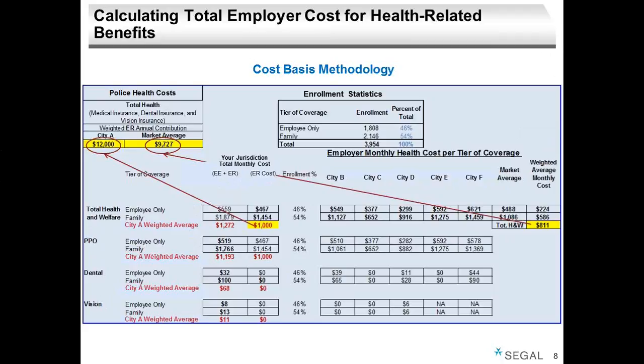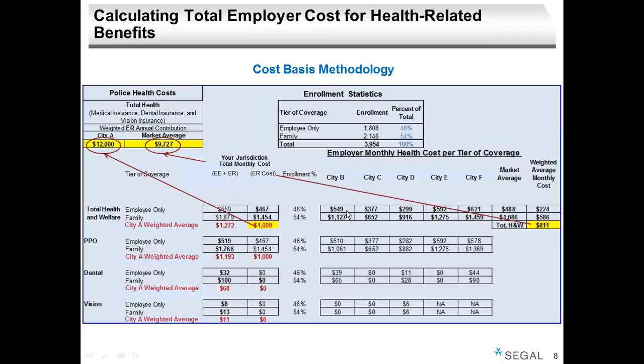So what we're basically doing here is saying, if your employees, based upon your enrollment parameters, were to work at City B, C, D, E, and F, what would be the weighted total health and welfare costs attributable to those other peer cities? And therefore, we have the basis to compare, on a cost perspective, how much your city, $12,000 a year, is compared to the average of the marketplace, which on a monthly basis here is $811, or an annual amount of